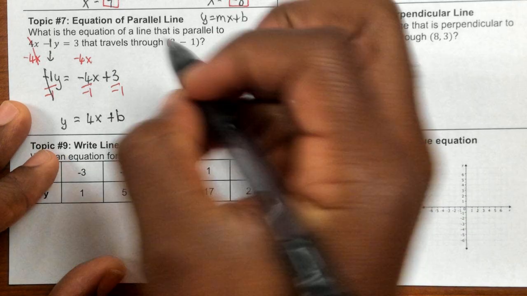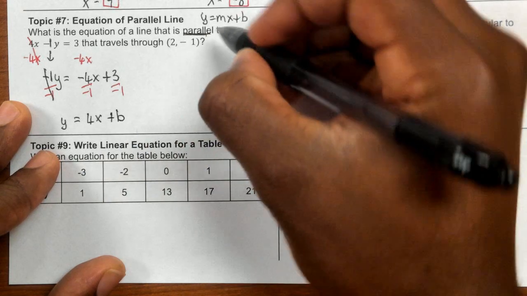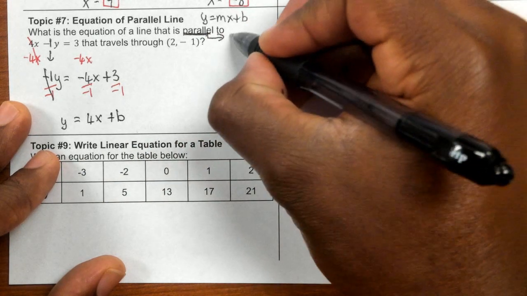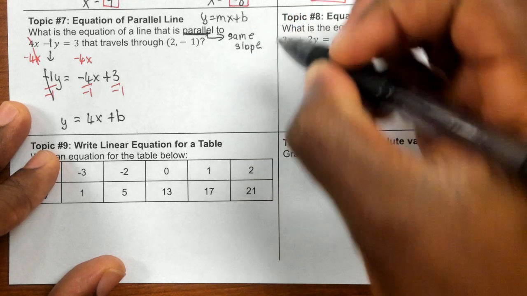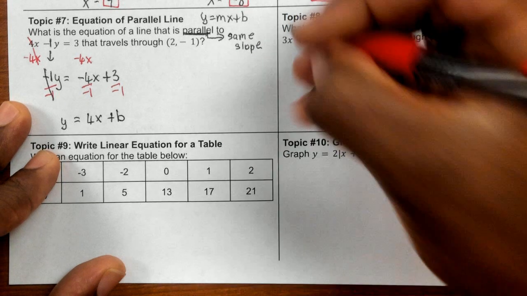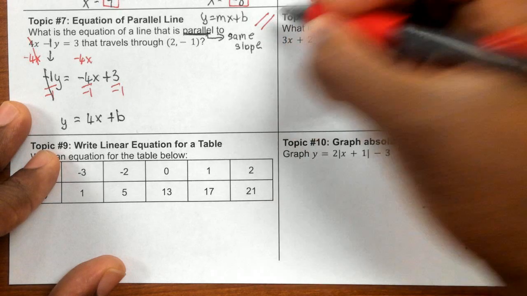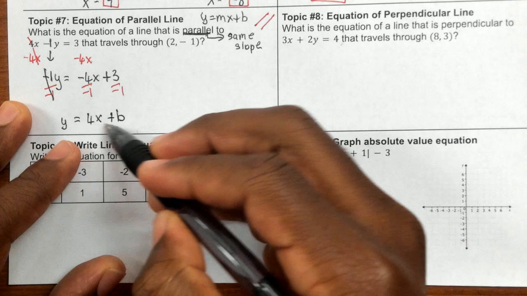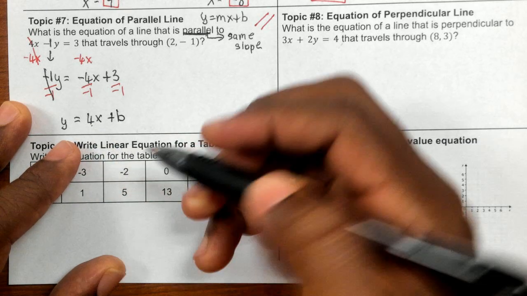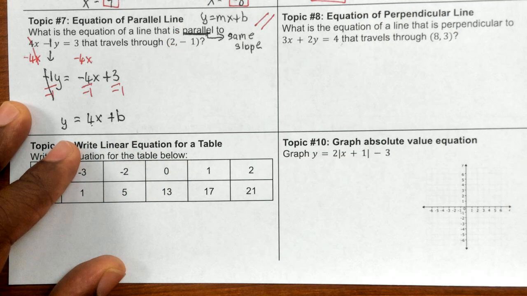Okay? So now I'm going to do parallel. The word parallel means same slope. There are lines that are going in the same direction, but they never meet. So that means all I got to do is just keep my slope, this 4, the same. So when I'm doing that parallel,